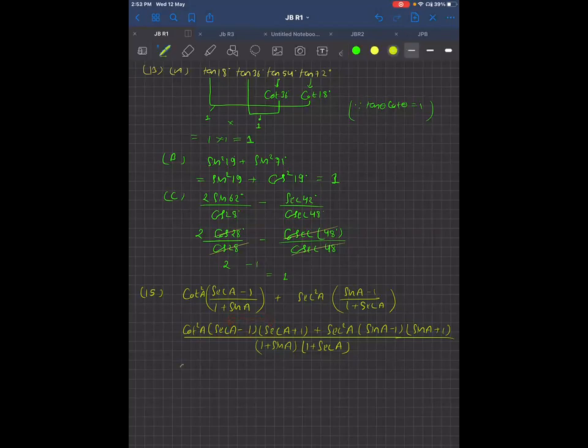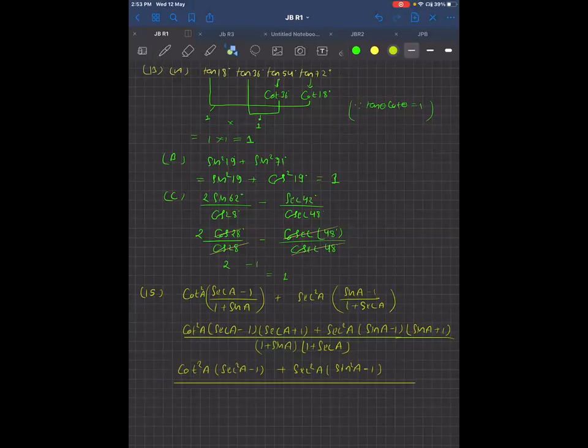Okay, I'm writing. Now I'm solving only the numerator. I'm not solving the denominator because I will write the denominator as it is. So A plus B, A minus B, A square minus B square, sec square A minus, okay, plus sec square A. Again in the remaining two, A plus B, A minus B, A square minus B square, sin square A minus. Okay, the denominator will remain as it is.